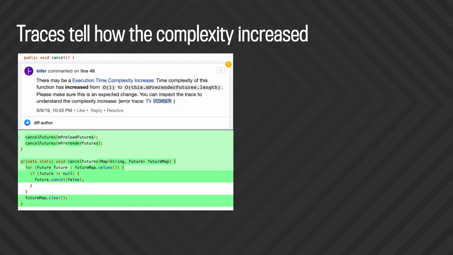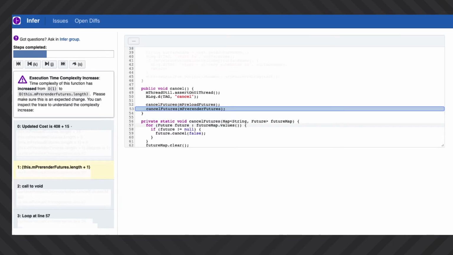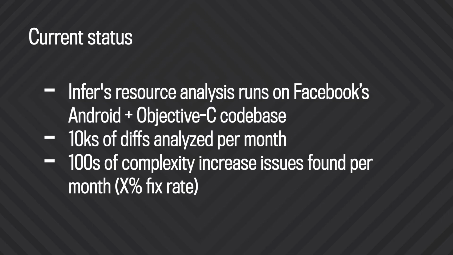And moreover, to help developers understand this complexity increase, we also allow them to look at the traces to understand how the complexity increased. Developers can interactively play with the trace and go through, okay, cancel calls this and this calls that, with an explanation for each symbol and navigable link on the call stack information, along with the cost for each function call. This analysis has been running on Facebook's Android codebase for more than 1.5 years,